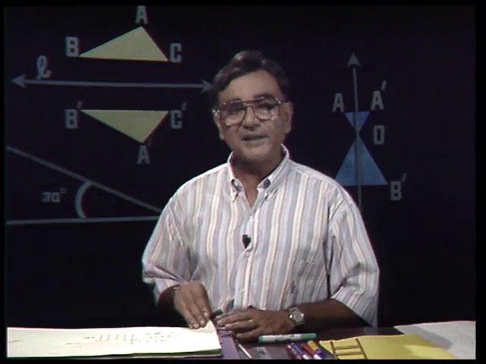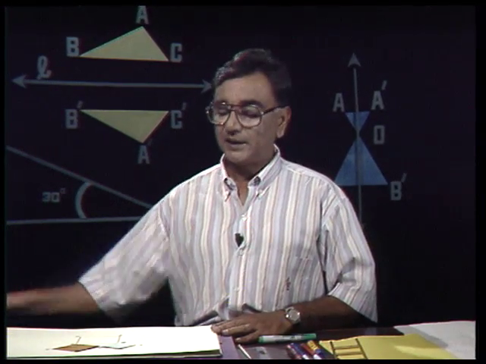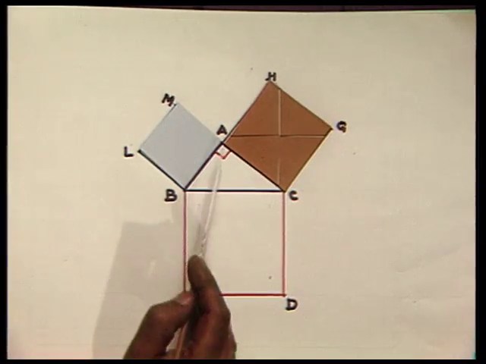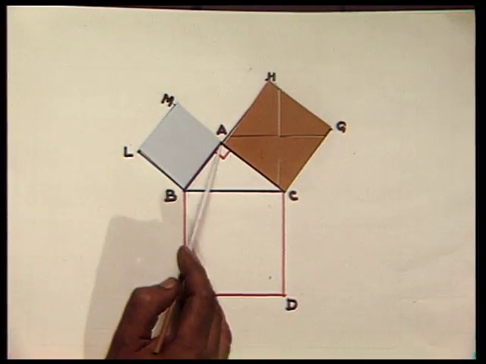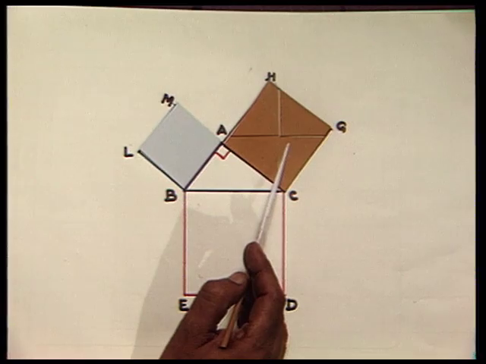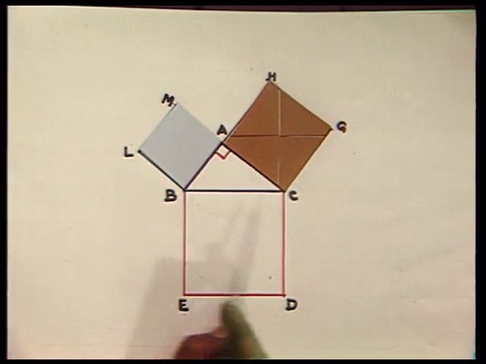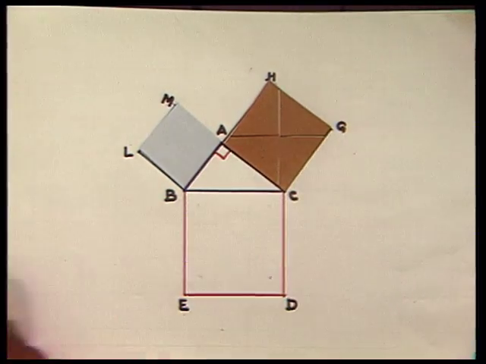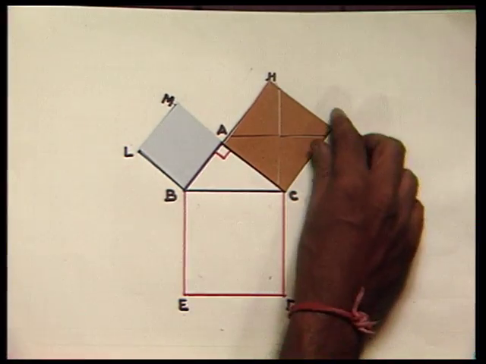We can verify this aspect in another way also. Here again ABC is a right triangle. On AB this square is there, and on AC we have constructed this square, and on BC the square constructed is BCDE. Now, this square has been divided into 4 parts. One part is here,